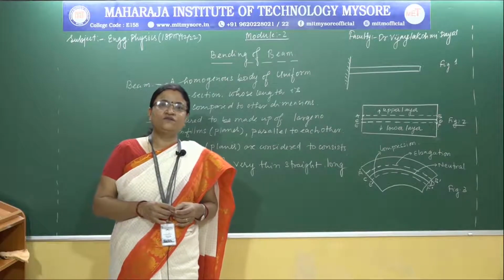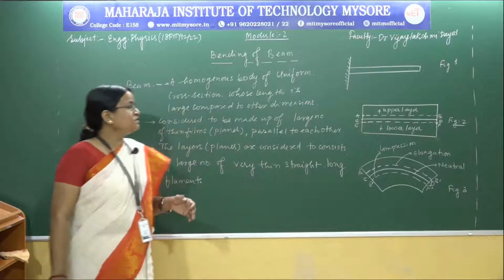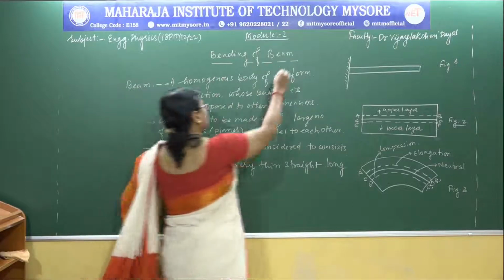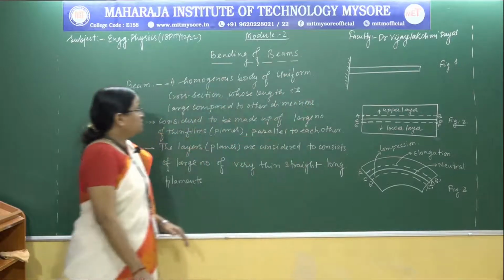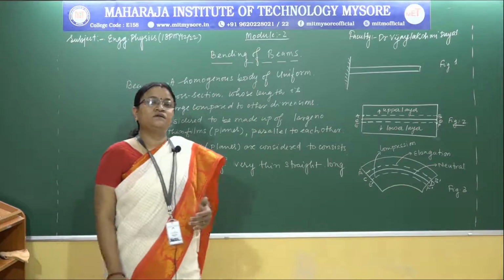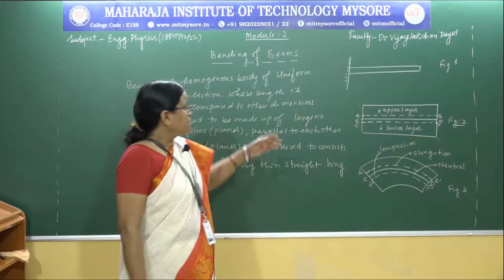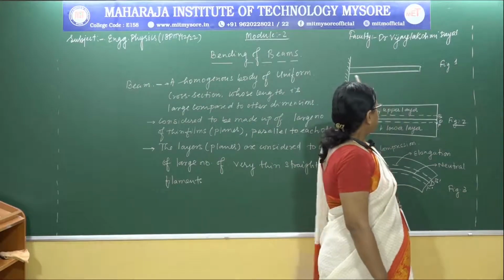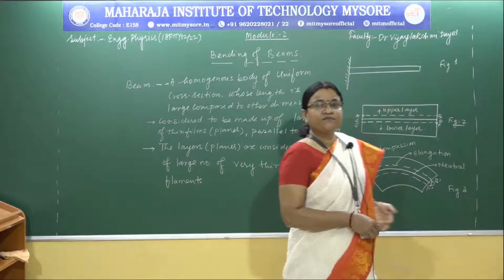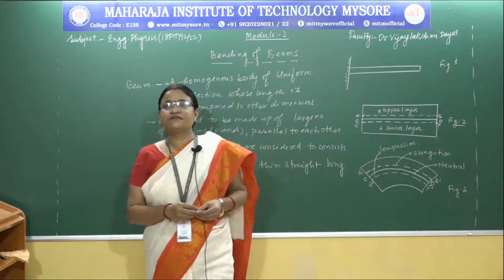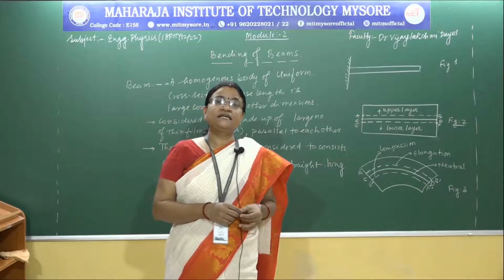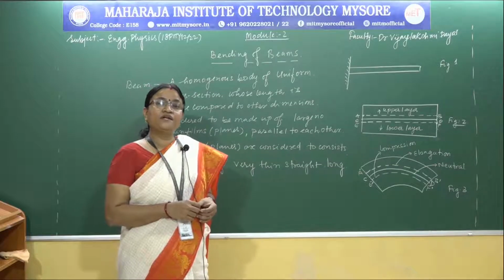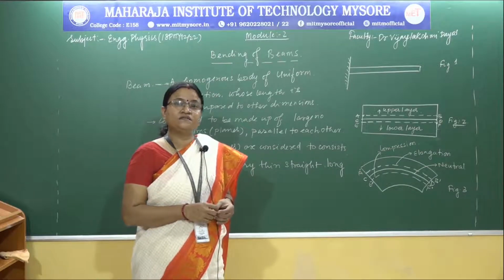So today in module 2 we are going to study the bending of beams. So what is a beam? When we consider a body whose length is larger compared to other dimensions, meaning the breadth and the thickness, the length is long, and the body has a uniform cross section, then it is